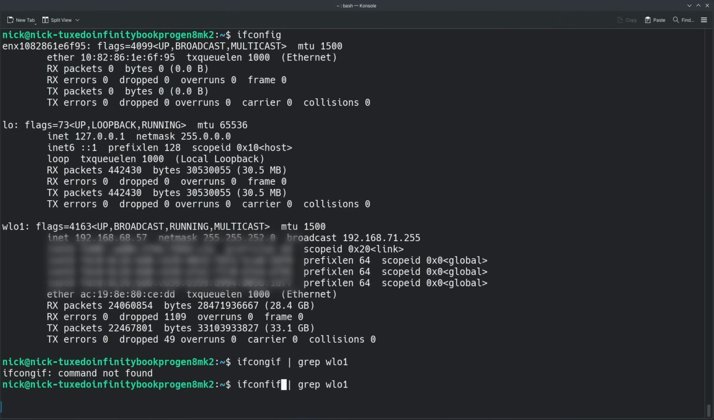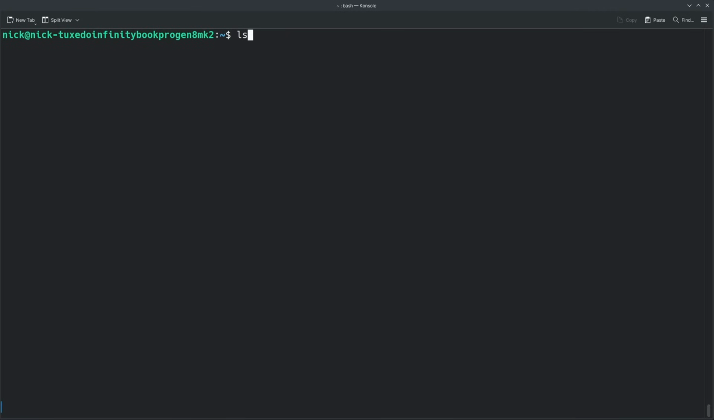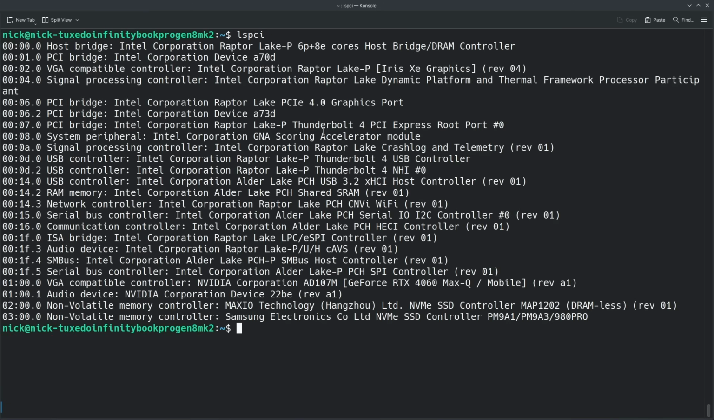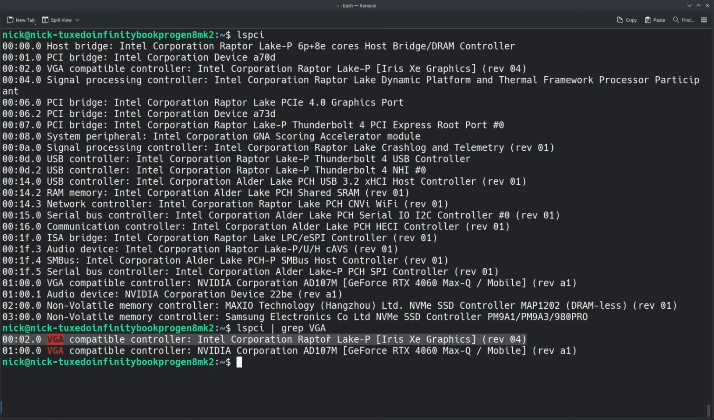Now, if you only wanted to get information about one of your active connections, you could type ifconfig, then a pipe symbol, then grep, and the name of your internet connection, in my case, WL01. It will only display that connection as the results. It will just filter things. Grep works with all kinds of commands to simply filter out the output and only get what you really want